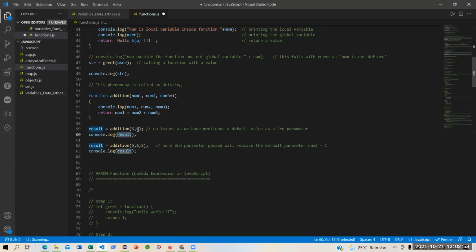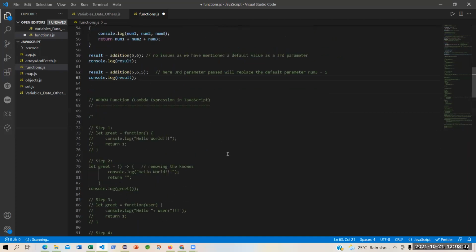5 and 6. So what should be the result? 5 plus 6 plus 12. Yes. Another result is you are using the same addition, but here it is sort of overriding. This addition and this addition is overriding because here you are passing three parameters. And this 5 will now override the value of num, which is the default value. So now the value is, you should think it should be 16. But let us